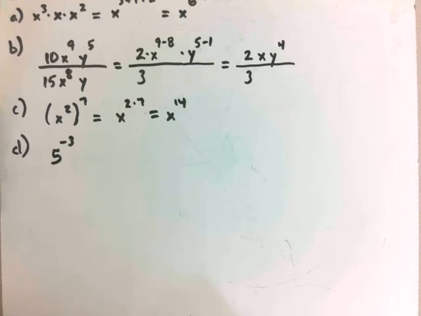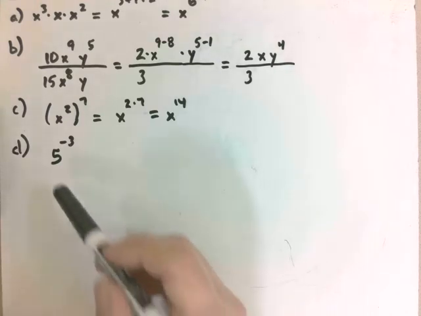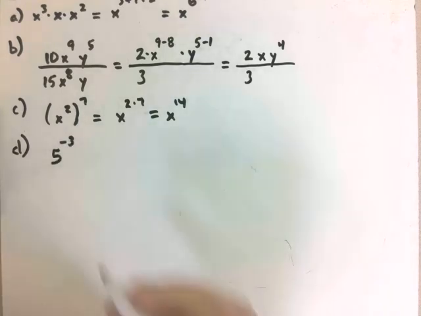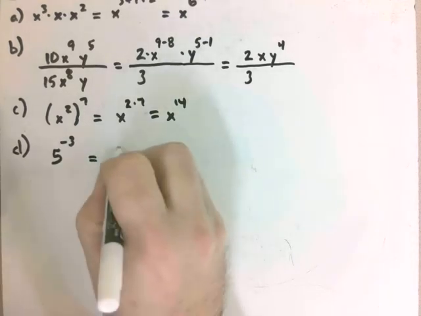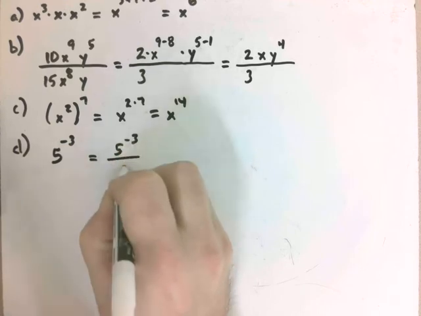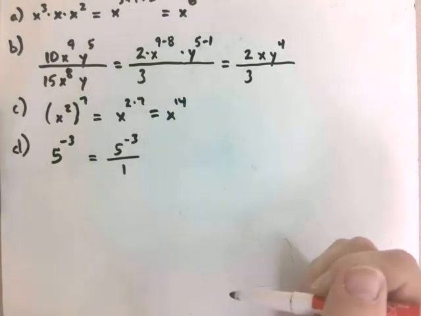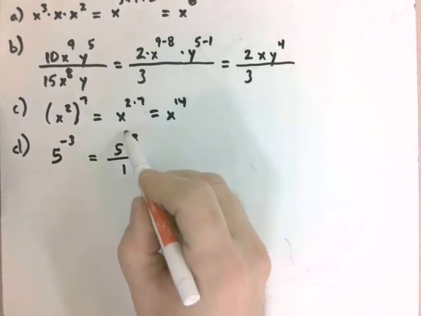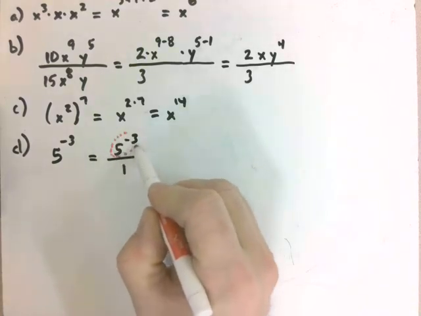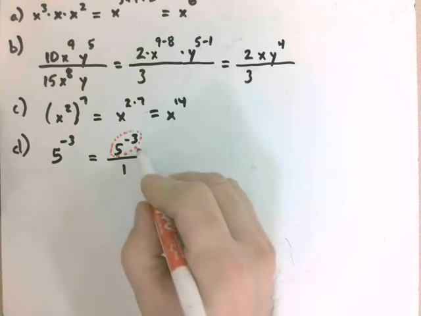All a negative exponent really means is that the base and the exponent are written in the wrong place, either the numerator or the denominator. So what you want to do is think of this as a fraction. In my first step, I would be thinking of this like 5 to the negative third over 1, and then how we change this negative 3 into a positive 3 is you take the base and the exponent that's here, and you move it